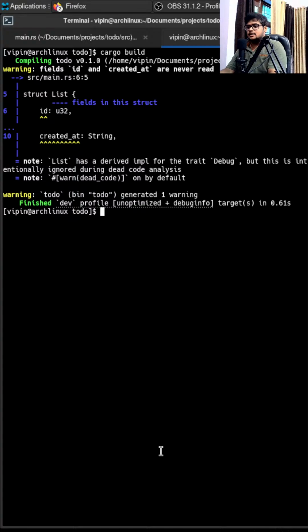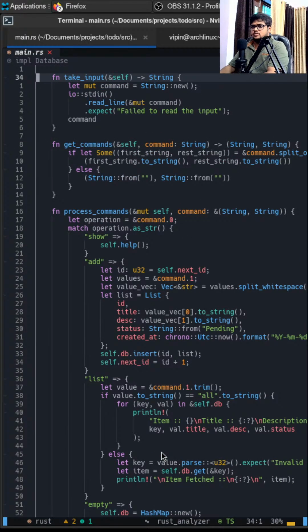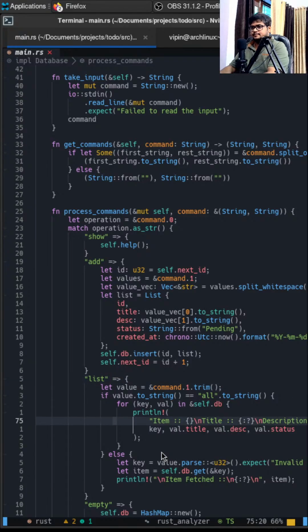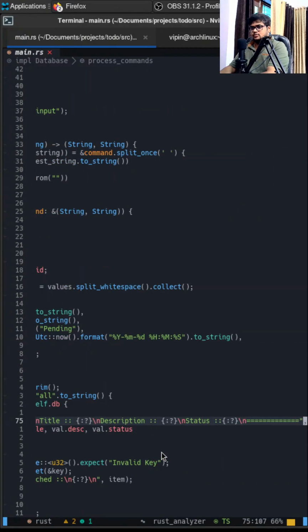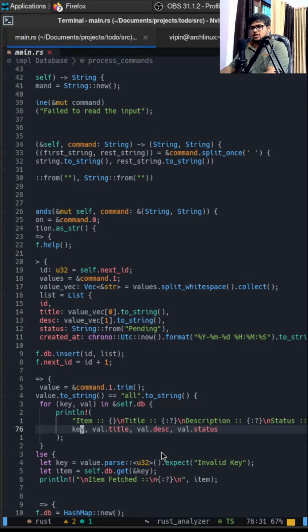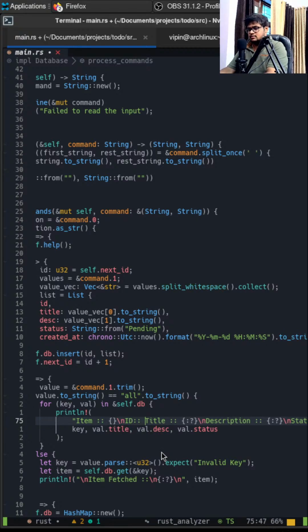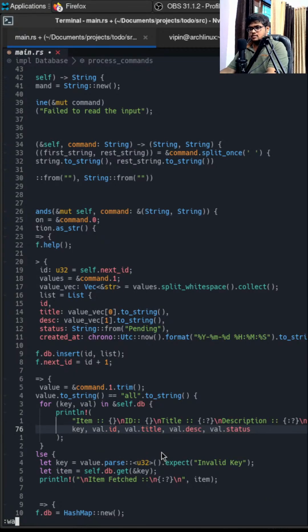Cool. IDN created it. Let's solve them as well so that we don't have any issues, right? So in case of item, we are just showing the key. Maybe we can show over here ID. So now we can say val.id, and at the end we can say timestamp kind of thing. So I'll say val.created_at,